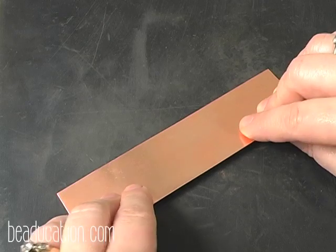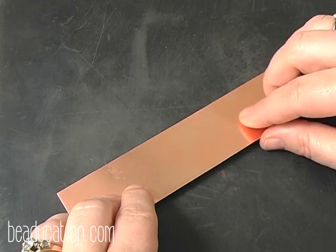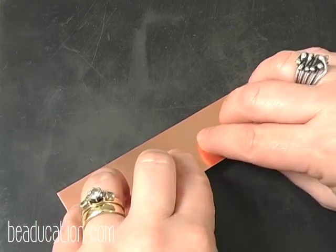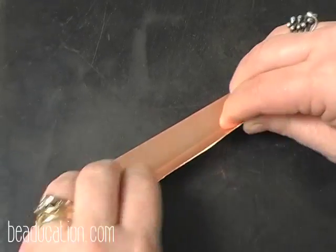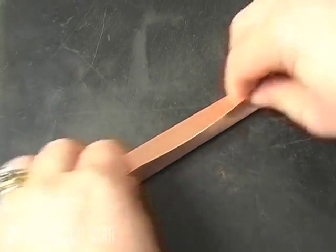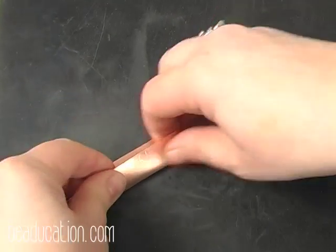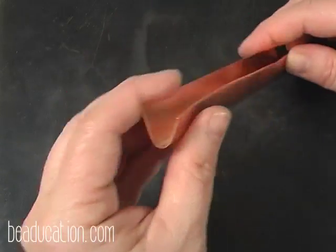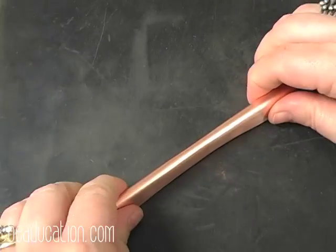You can also, if your fingers aren't strong enough to fold it, lock it in a vise and tap it over with a soft blow hammer and then continue to fold your first fold. But I start in the center and I make my fold and I get it over. Now, I've done this for a while, so my hands are pretty tough, but you can see I have it kind of folded down the center. And like I said, I don't really worry so much if it's not exact,